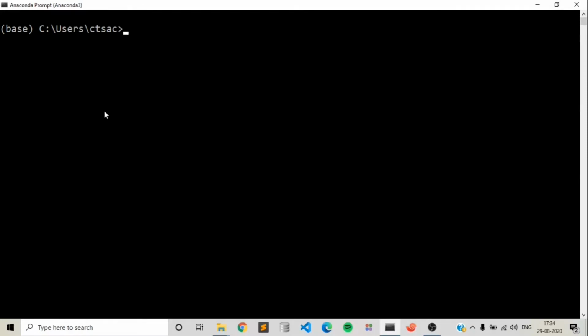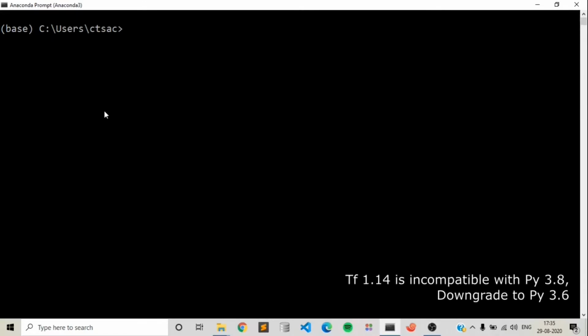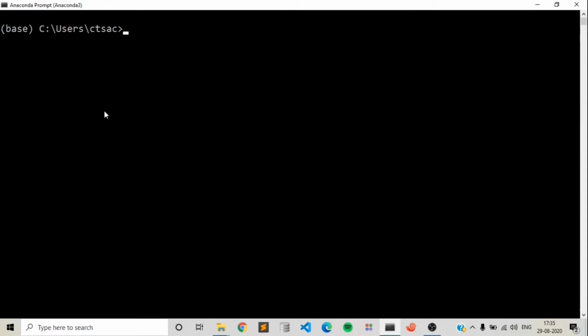While you were working on your second project, a friend of yours comes by and you decide to show him your first project. But when you run the program, the code actually breaks and throws an error which says something like this: TensorFlow 1.14 is incompatible with Python 3.8. Please consider downgrading to Python 3.6. Now that is one of the most annoying things you could face, because now you're in a dilemma whether to downgrade Python or not. And that is exactly why it is necessary for you to isolate your projects using virtual environments. With that out of the way, let's just go ahead and see how you can actually manage them using